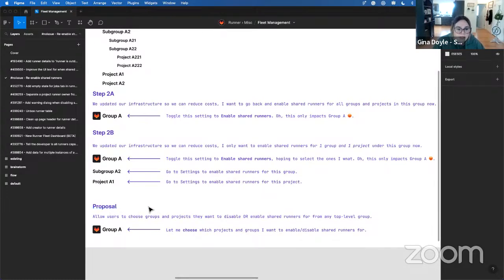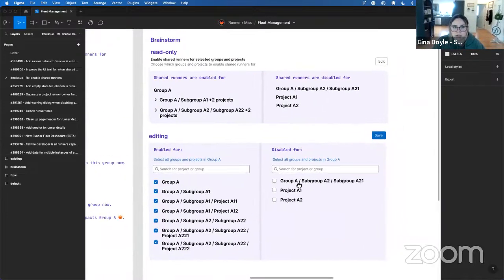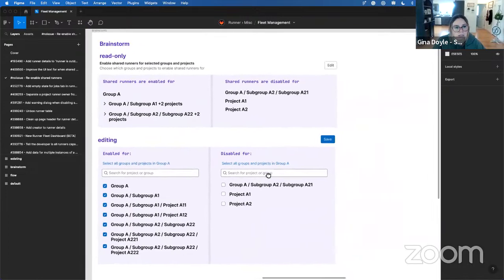So what I'm proposing now is to allow users to choose the groups and projects that they want to disable or enable shared runners for, from any top level group. As long as it has some type of nested things in it, you would be able to pick and choose. And when I started brainstorming this,